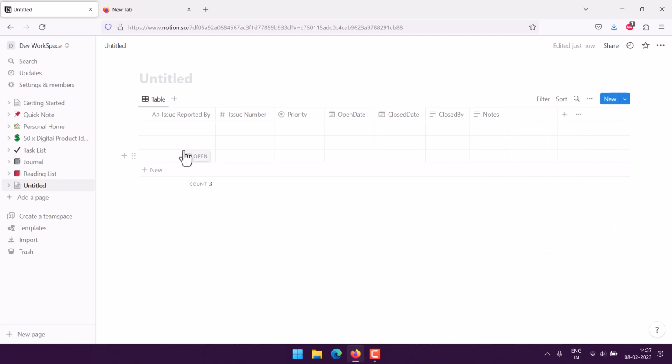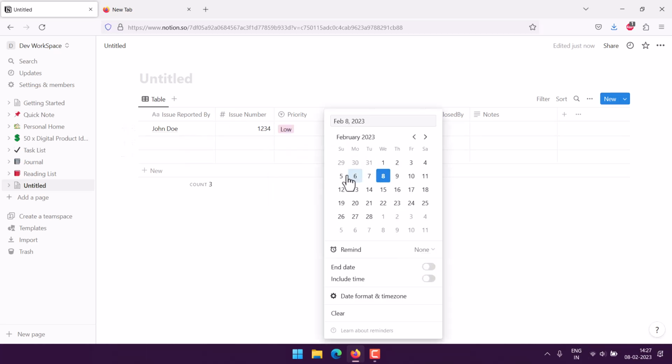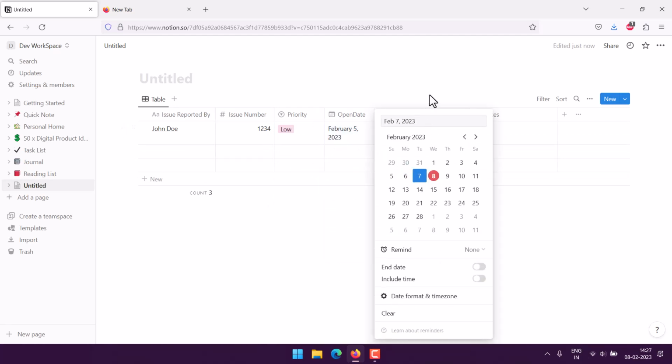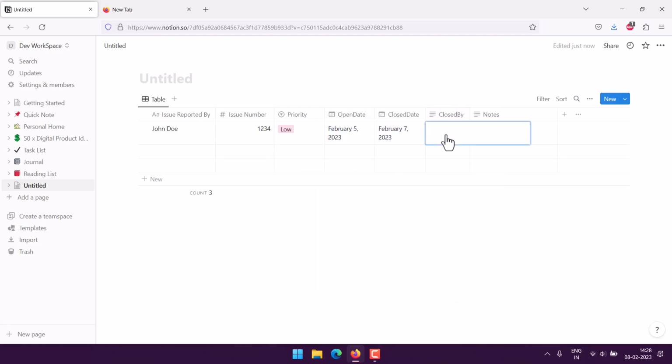Now the thing here is I will start with reported by, let's say John Doe, issue number, let's say 1234, then priority, let's say we start with low, open date 5, right? Close date 7, right? Then closed by, say, some person. They note the issue was regarding our hardware,